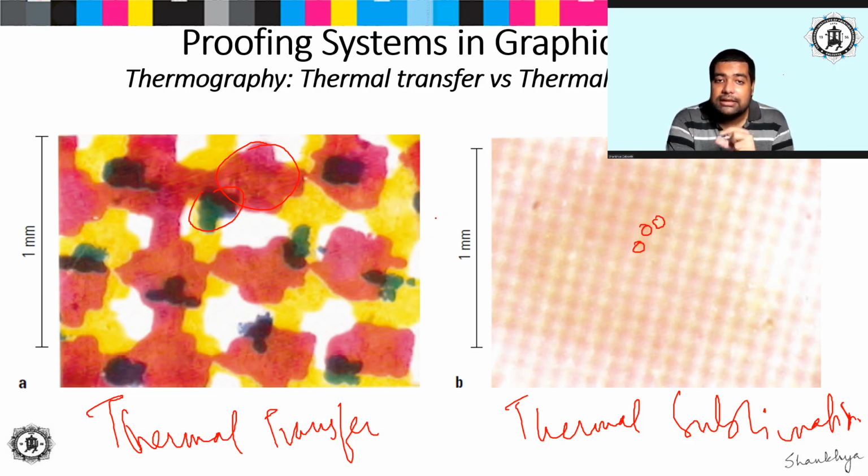The optical density is being changed with how much ink is being developed, basically the ink film thickness of that particular region. That determines how much tonal gradation will be there. So these areas, for example, become the shadow areas. Naturally here very little development has occurred, and therefore this becomes the highlight area actually. Okay, so this is how the difference between thermal transfer and thermal sublimation can be made in terms of how the tonal gradation is made.